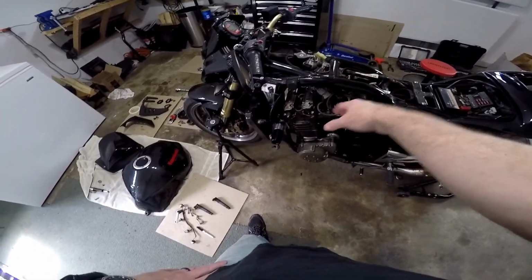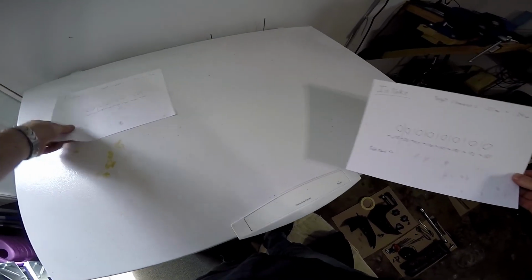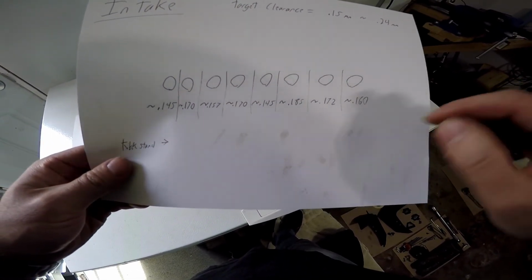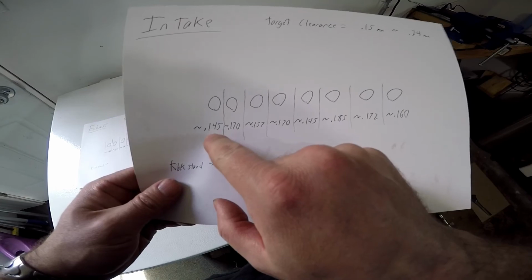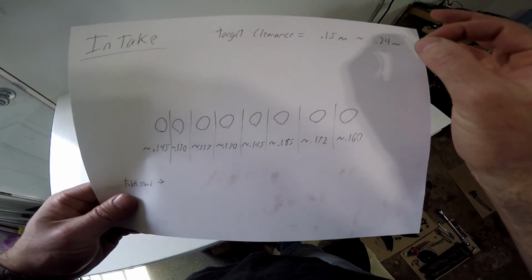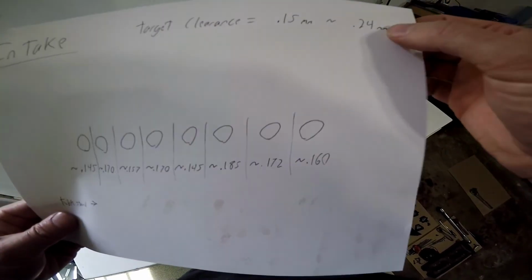Okay, now I have finished checking all of the valves with the feeler gauges, and I have written down all of the numbers. I've done the intake side, as you can see there, and I did the exhaust side, as you can see there. And it looks like they are pretty tight. It looks like all my measurements are pretty close to the lower end of the target range. They're all technically still in range except for this one and this one, but they're all at the very, very bottom end of the target range, which means they're getting a little tight and the gap's getting a little small. So we're still going to go through and adjust them all and get them a little closer to about 0.2,